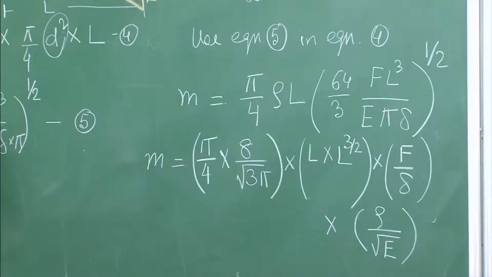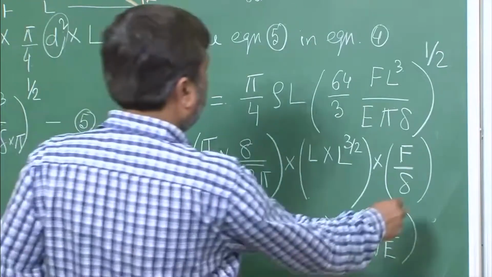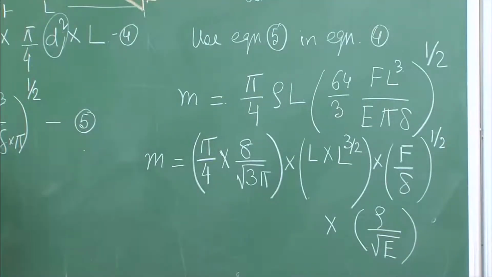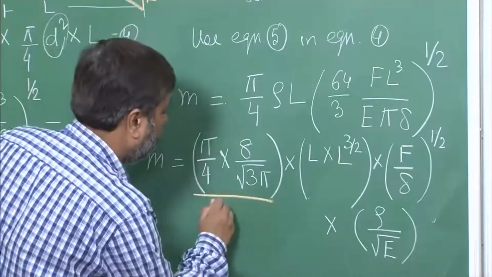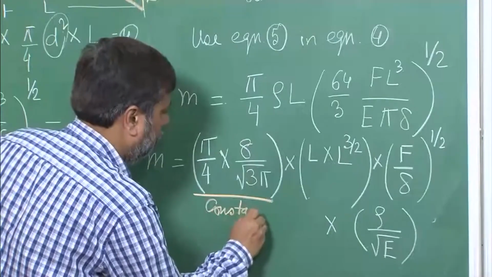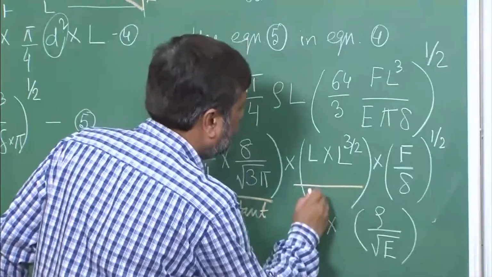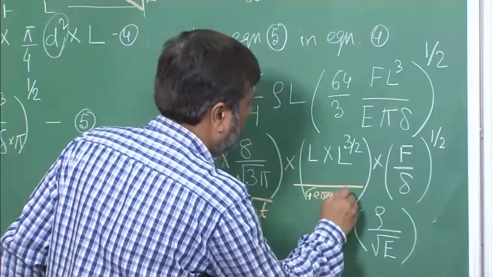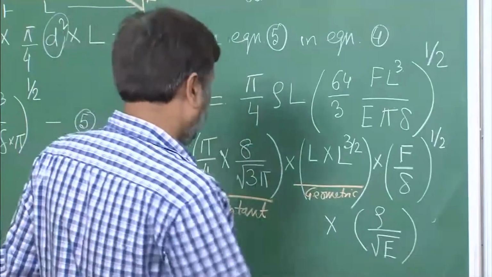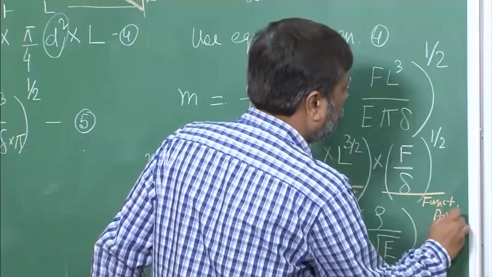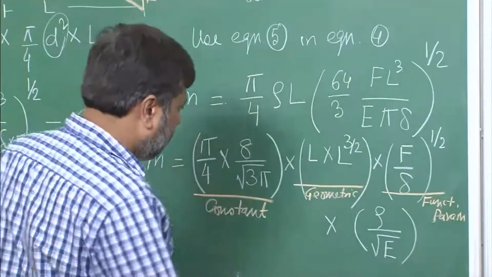F by delta to the power 1 by 2, right. So, the first part is the constant, the second part is a geometric parameter, the third part is the functional parameters, whereas the last part